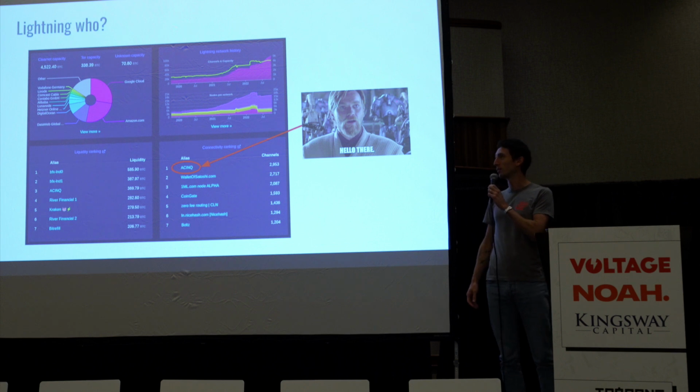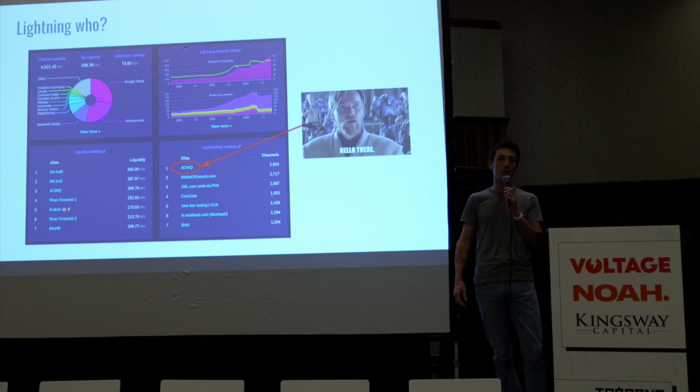But actually, it's not that horrible in Lightning because everything is source routed, meaning that the sender decides where they want to go in the network. So if they don't want to go through our node, they can just route around it. It's not an issue. There's no such centralization issue in Lightning as there is in Bitcoin mining, for example.